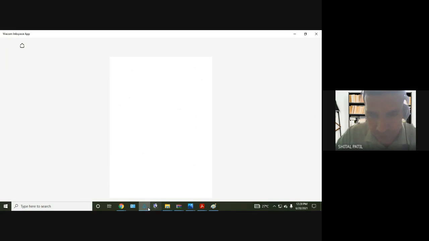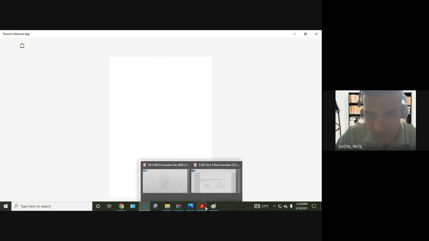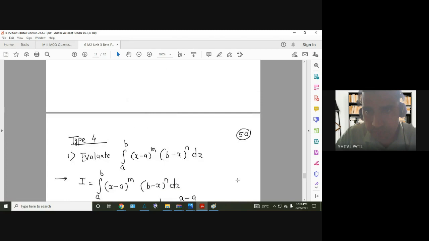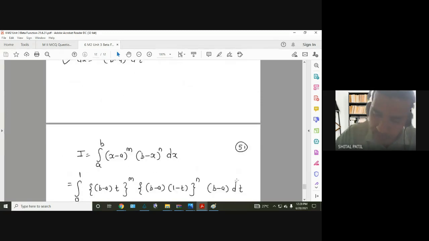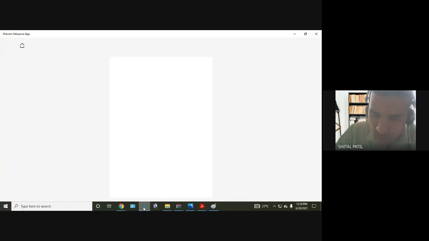I forget again, what was the page number? I think it was 51, 50, and this was 51. Now I have to start with 52. Yes, Radha, page number 52. Date is 28.